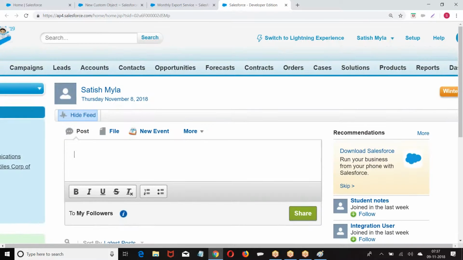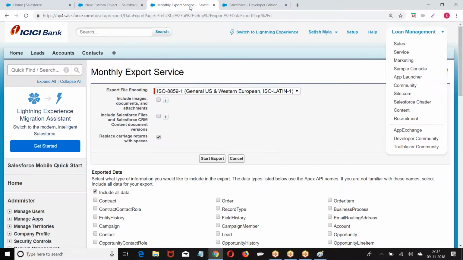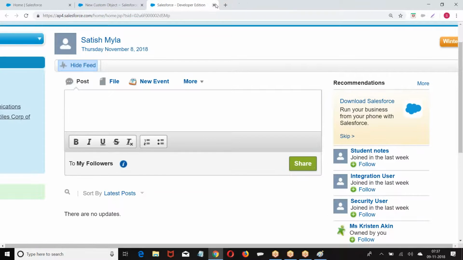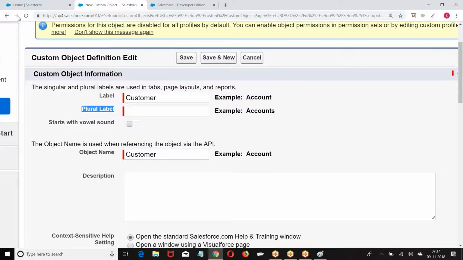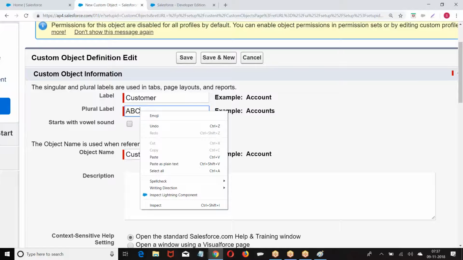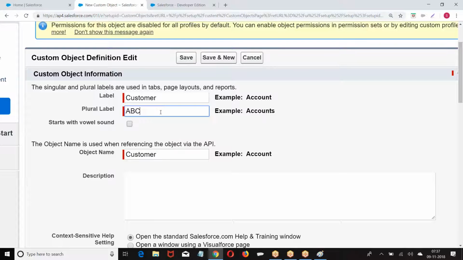So the name that should be printed on the tab is called the plural label. Here I am giving customer. It is not necessary that I give customers. If I give a similar name, it is easy for you to recognize. I can give ABC also, but you have to remember. It is not necessary that it has to be the same name. Right? Okay. Label, plural label.